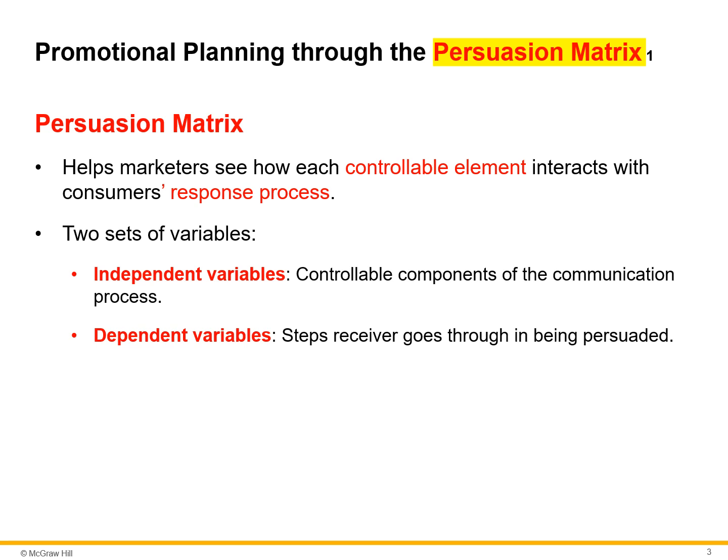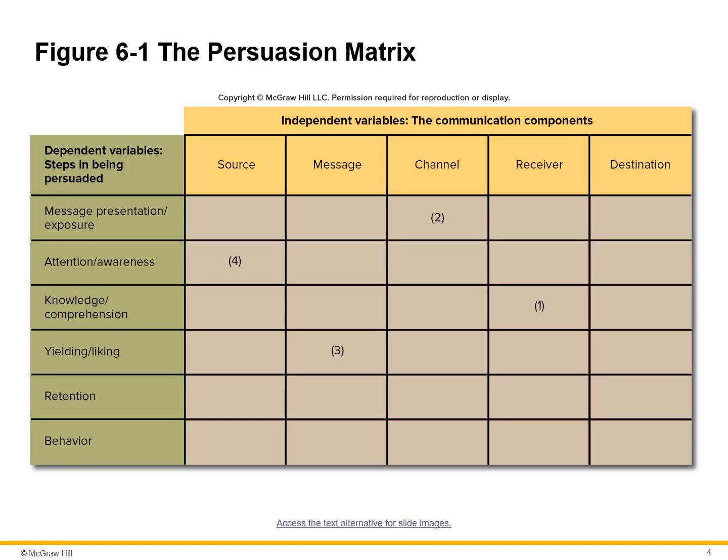There are also dependent variables, which are the steps the receiver goes through in being persuaded. That's the dependent variables. Here's the persuasion matrix. On top, you see the independent variables, the communication components